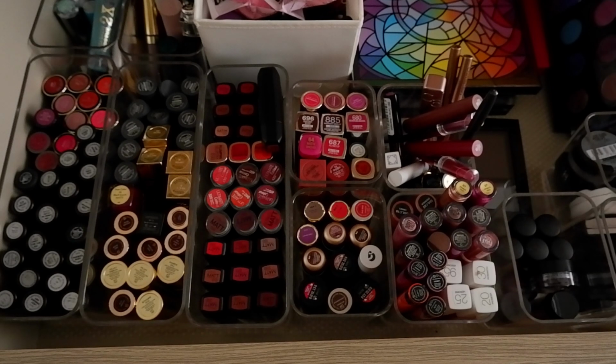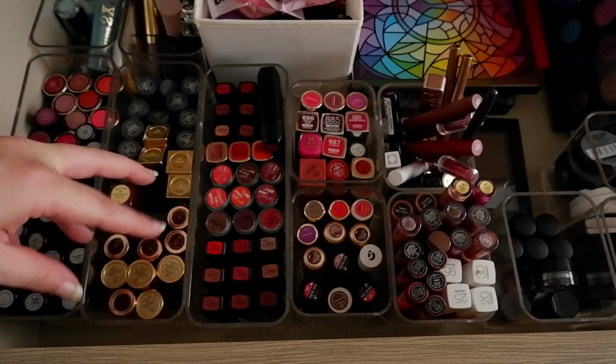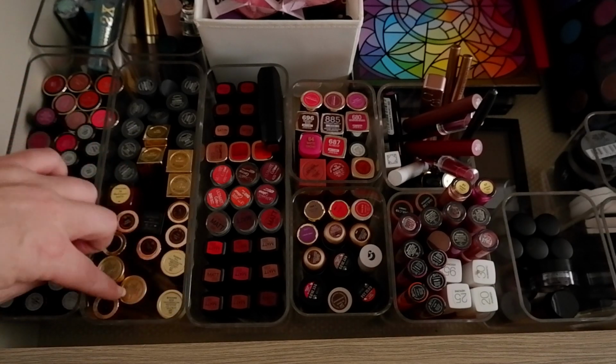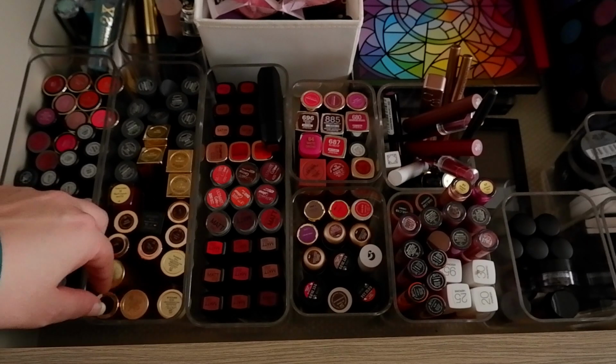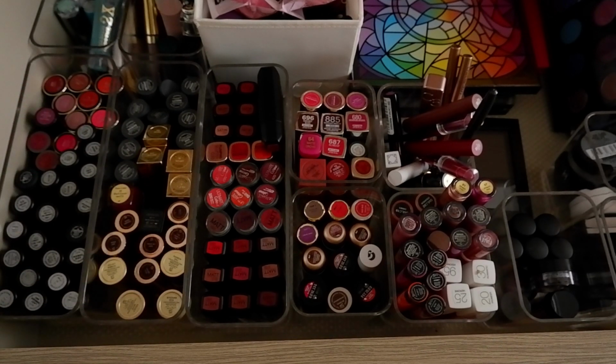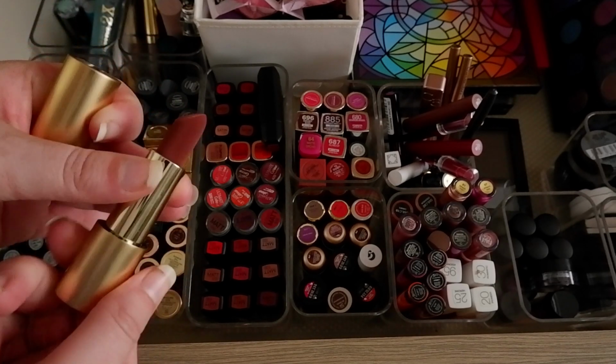Plus, perhaps good to know, the other day, Lisa Eldridge restocked all of her lipsticks, and I did place myself an order. These are some of my favorite lipsticks. They do kind of stick together like that, which is unpleasant. But yeah, I'm hoping to get some new Lisa Eldridge lipsticks to play with this month. So that is why I definitely wanted to pull in Velvet Muse as one of the nudes that I want